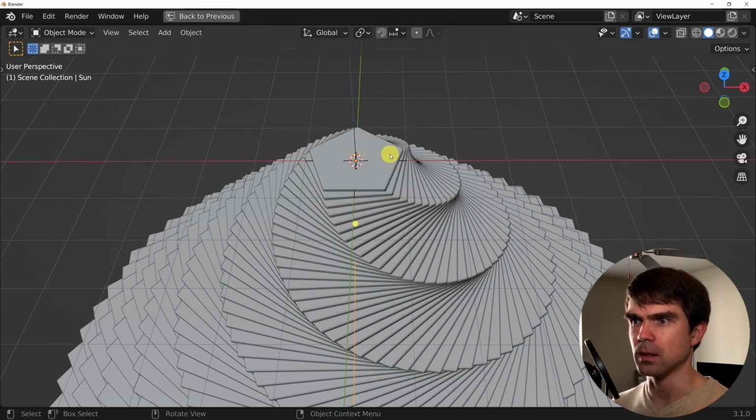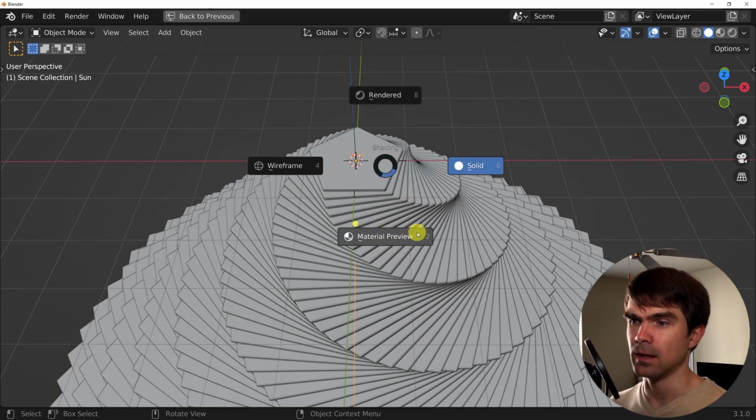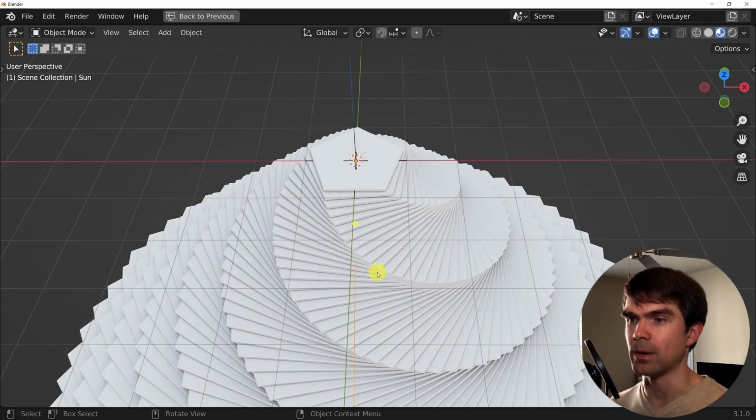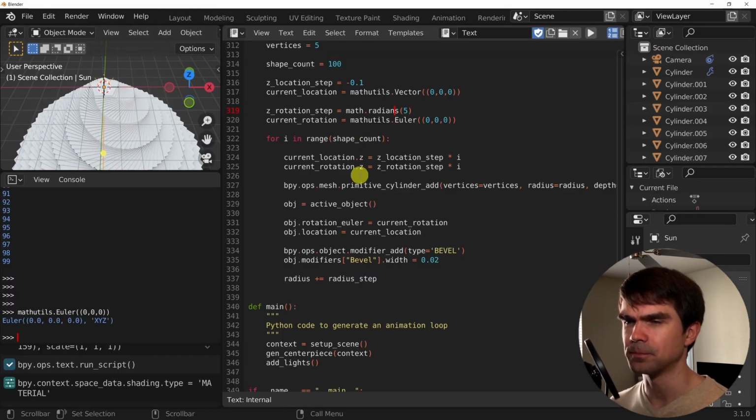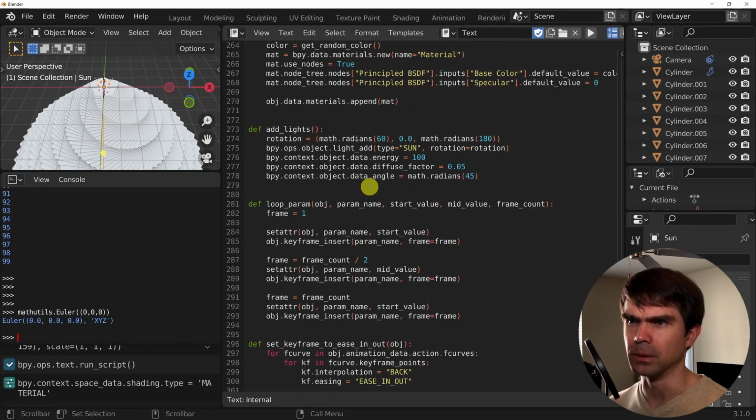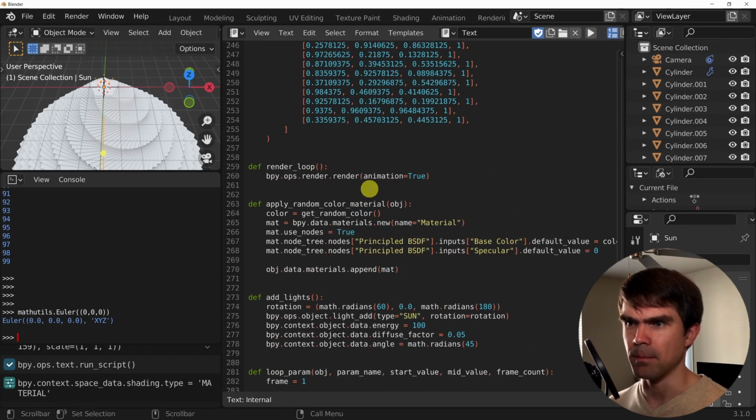Now let's go into material preview, by hitting Z and then hitting material preview. Right now we don't have any materials, and let's fix that. We have some helper code above that's gonna make our lives a lot easier, and that's gonna create a new material, get a random color, and apply this newly created material to our object.